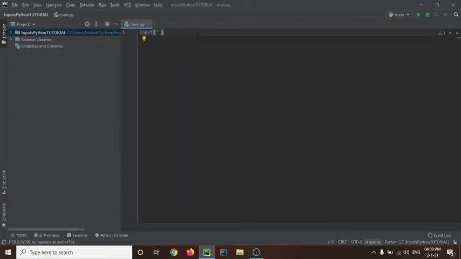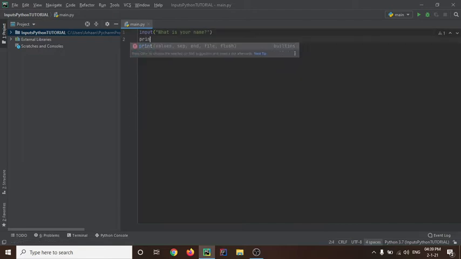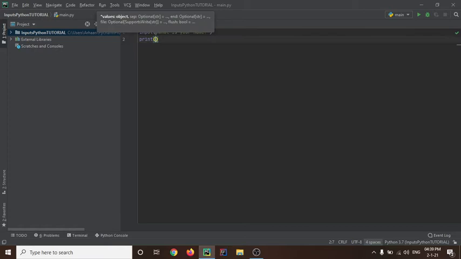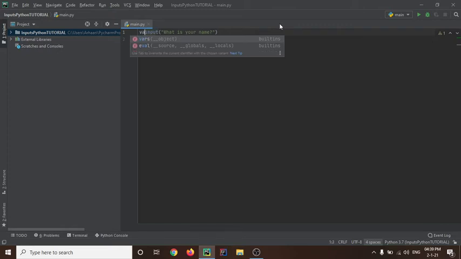Now what we have to do is input two double quotes, and we should write here hello. Wait, what is your name? And then we need to print before that. In here we have to type var1 equals, then we should write input what is your name, and